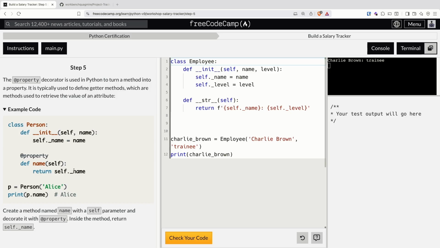And then we should be able to put the instance dot name and get that. So as you can see here, p equals Person Alice, p dot name is Alice. Create a method named name with self parameter and decorate it with property. Inside the method, return